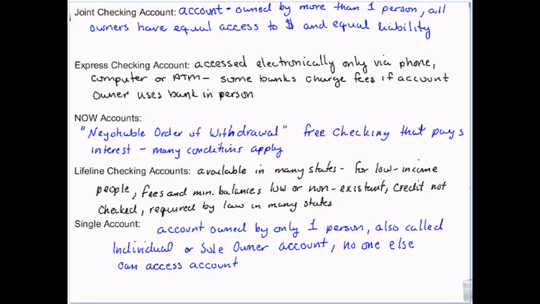Okay, the Lifeline checking account. I'm sure you guys have heard the commercials on the radio for the Lifeline telephones, and you have to qualify for them based on your income. Well, when you go to open a bank account, they run your credit report. Basically, they're looking for if you've been reported to something called Check Systems. And you get reported to Check Systems if you've had a bad check, or you owe money to a bank, and then you can't get an account.